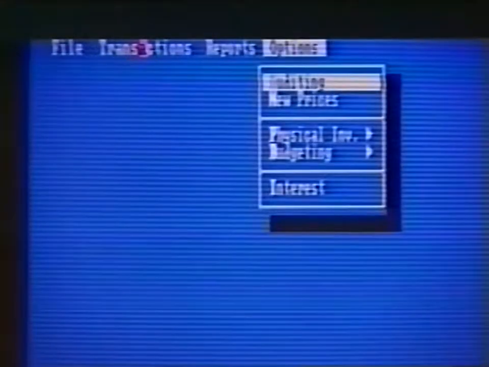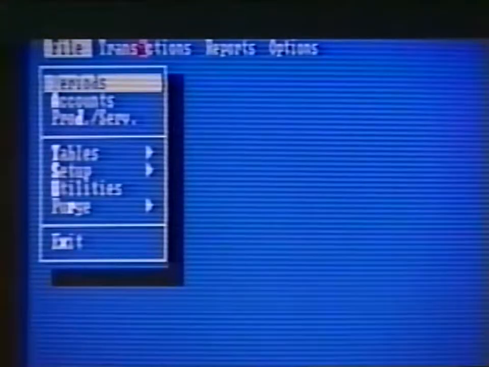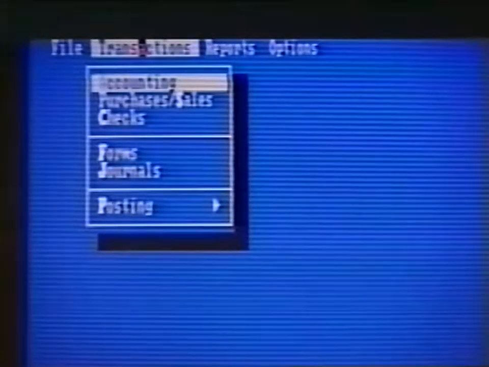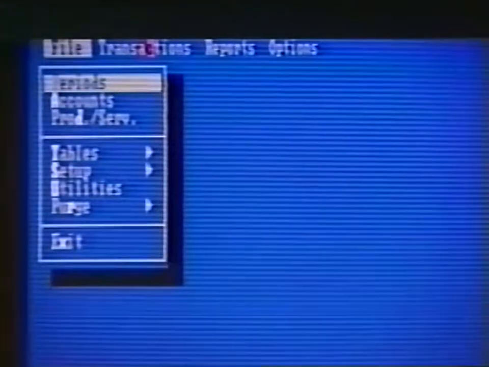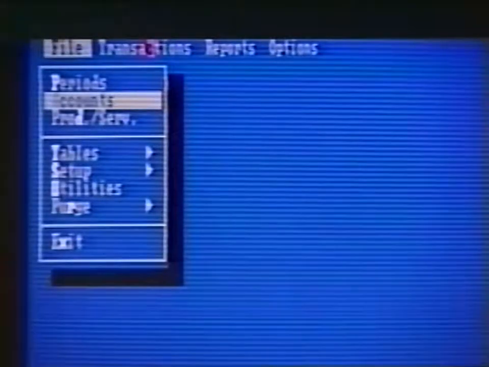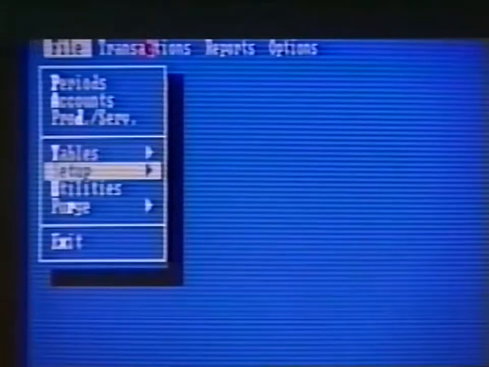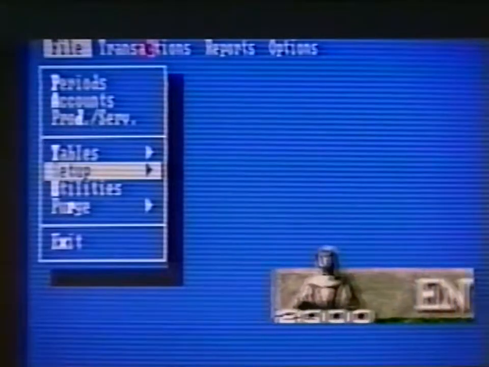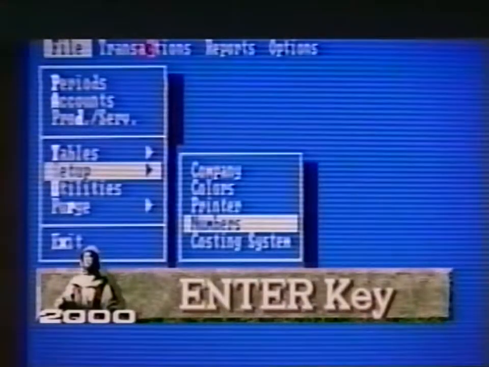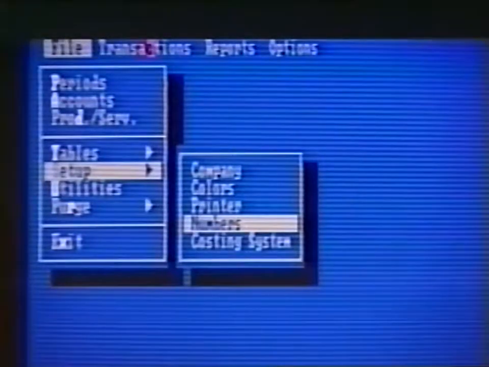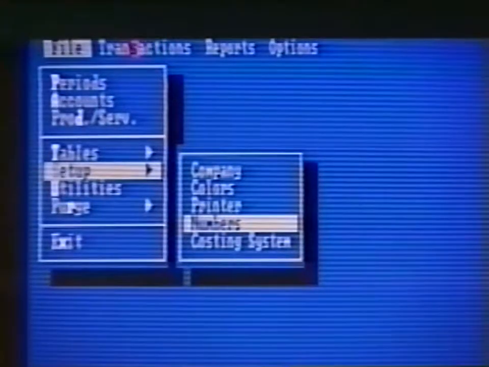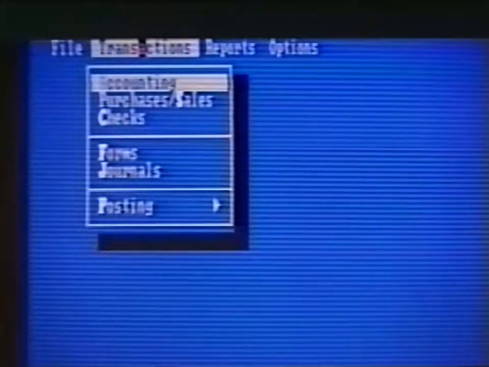Pacioli 2000 allows us to select any one of the menus by moving our mouse pointer over the menu name and clicking the left button, or by using the left or right arrow keys on our keyboard to move the highlight over the menu you want. Now, we can move the selection bar up and down the menu using the arrow keys. Once the selection bar is over our selection, we can enter our selection by pressing the Enter key. Of course, if we have a mouse, simply clicking on the selection with the left button will enter the selection.